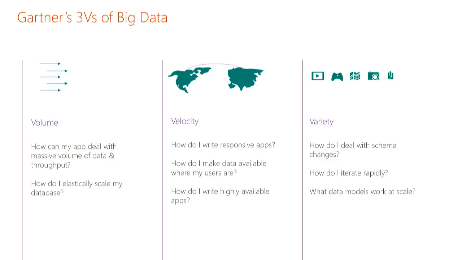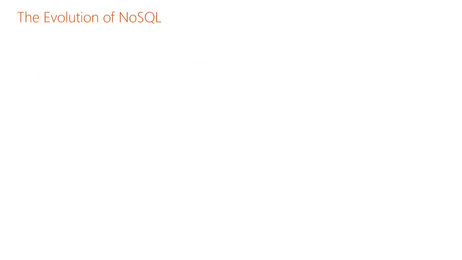And then the problem of variety is it turns out not all data has a very rigid structure. Examples of this are, if you have, let's say, an IoT scenario, you have lots of different sensors, lots of different hardware. Each generation of hardware might have different sensors. How do you cope if each of these things emits a record that looks slightly different? I'll talk to you about how you handle data that tends to evolve, that tends to change shape, and this also might happen when you're iterating on an application very quickly. If you want to beat your competitors to market, how do you speed this up and reduce this friction?